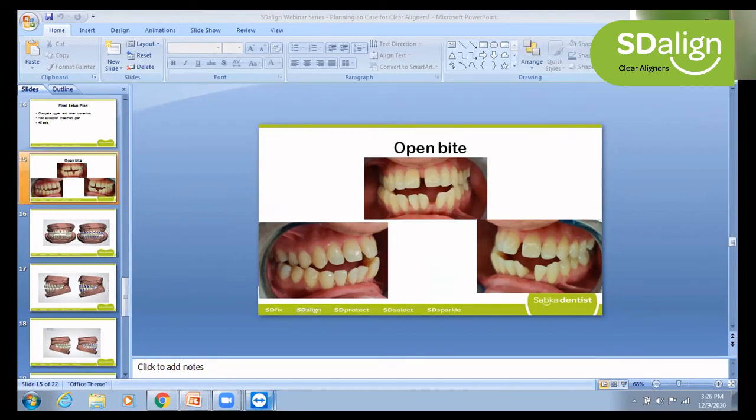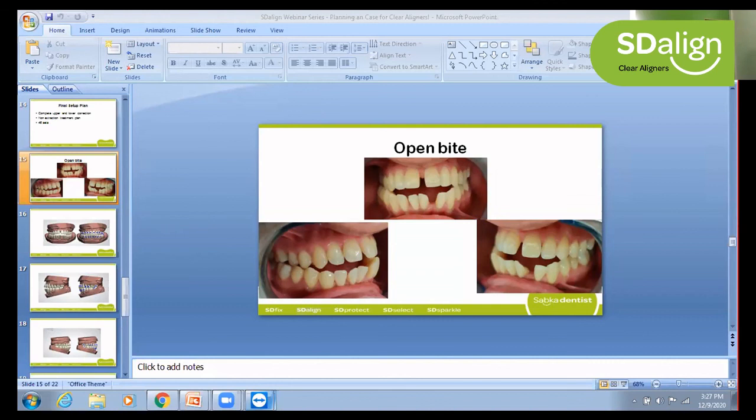Then there is a question: if we need intrusion of 2 mm, how much overcorrection should we incorporate? So Dr. Abhinav, let's understand first, do we need intrusion of 2 mm per arch or total? If the total deep bite is 2 mm, depending on the incisal visibility and the growth pattern, we'll have to divide the intrusion. If we have more incisal visibility, we can divide the intrusion as 1.5 mm for the upper arch, 0.5 mm for the lower arch, and another half mm in both the arches for overcorrection.